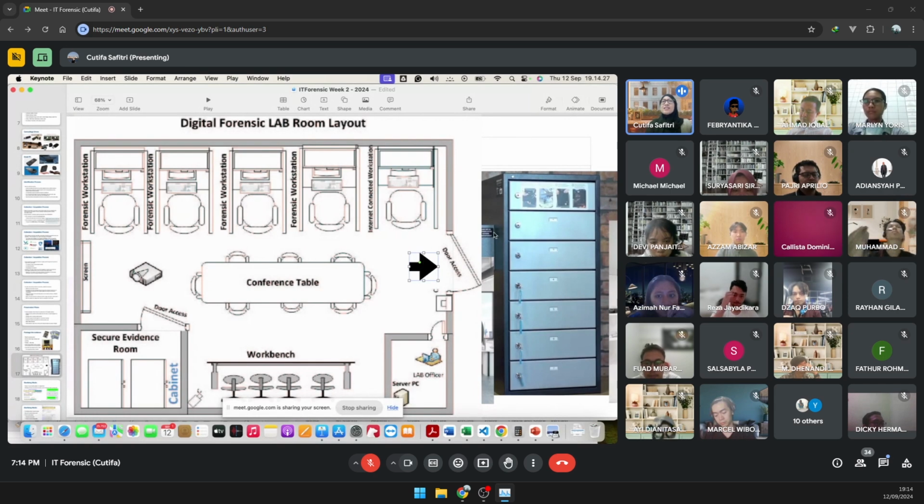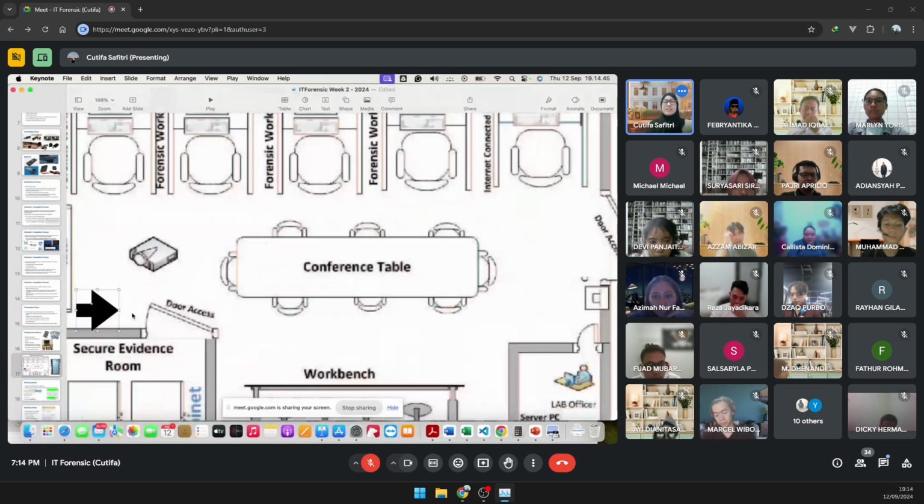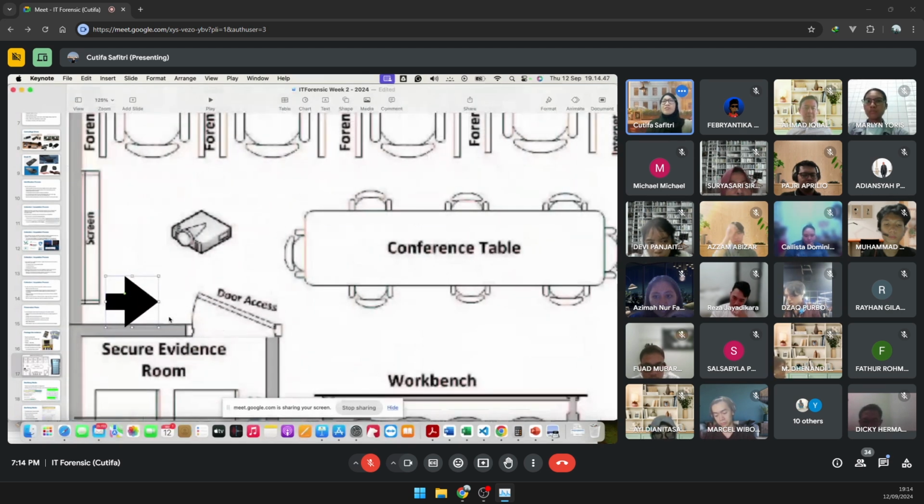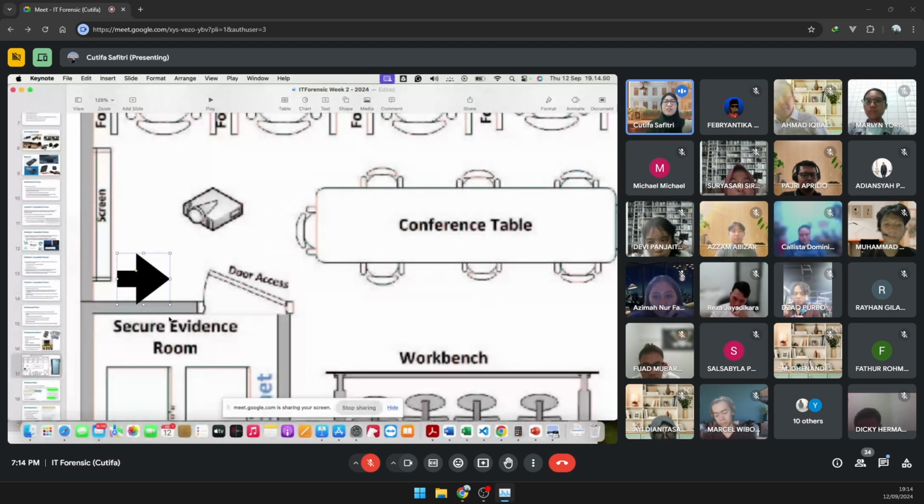Okay, one layer of security, right? And then they have to walk. CCTV is in here. And then to go to the evidence room, you have another door access. Another door access, another door here. So it means that's a second authentication, right? A second security.